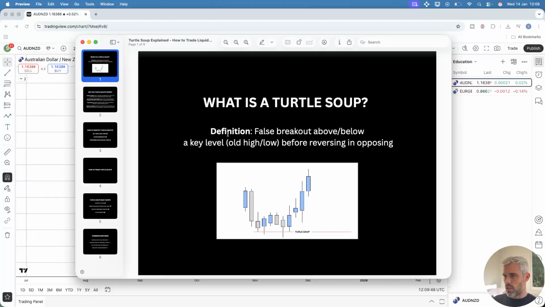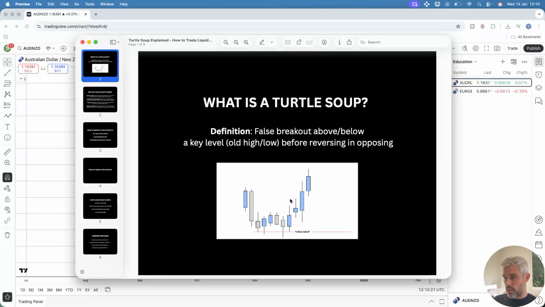So the definition is a false breakout above or below a key level, which is an old high or an old low, before reversing in the opposing direction. So visually, how does this look? Price is buy to sell, retrace, buy to sell. It's breaking out below the low here, marked as the turtle soup low. Then what happens? Price rejects that level after looking like it's going to break lower. It then breaks higher,